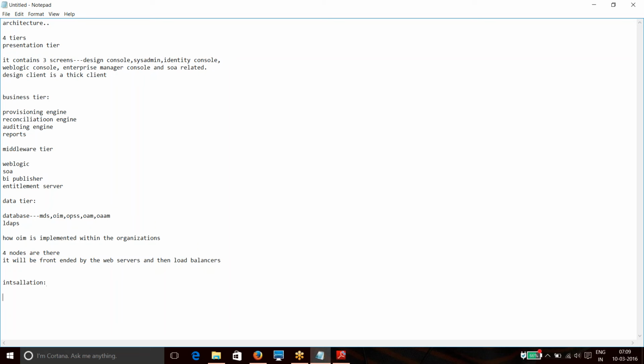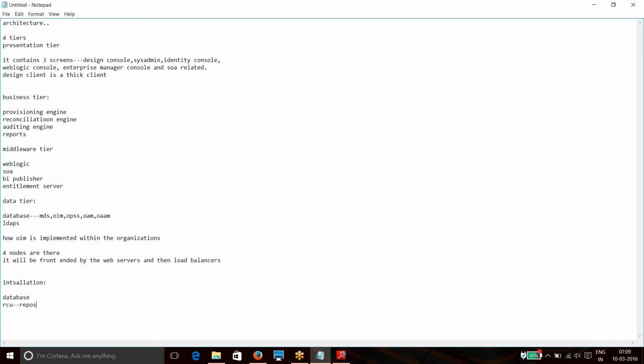Basically, installation will consist of these things. First we need to install the database. Then we need to create schemas using the RCU, repository creation utility.